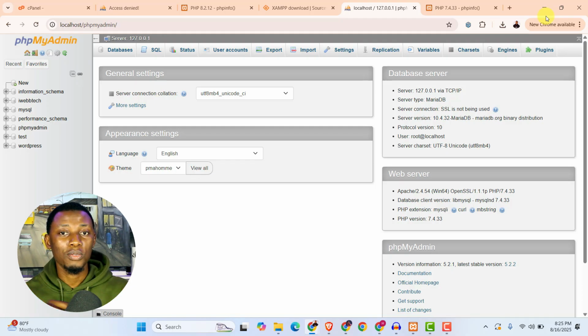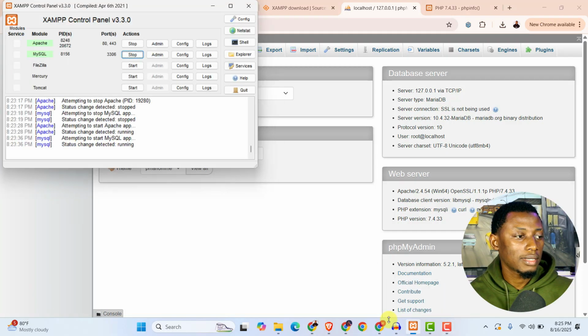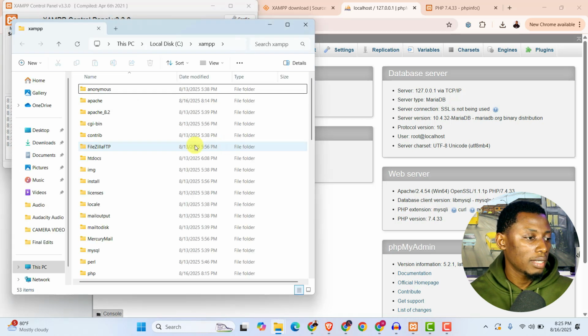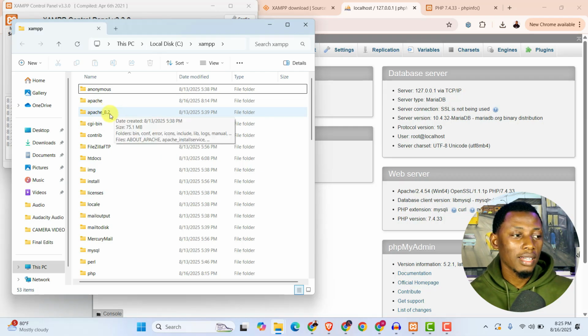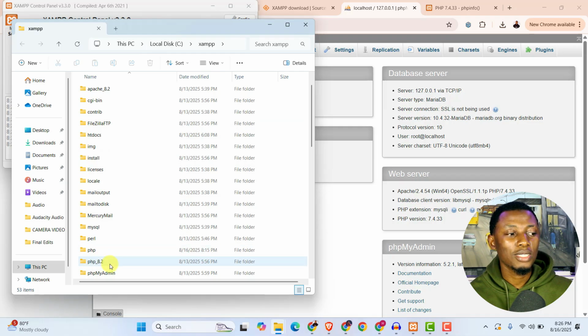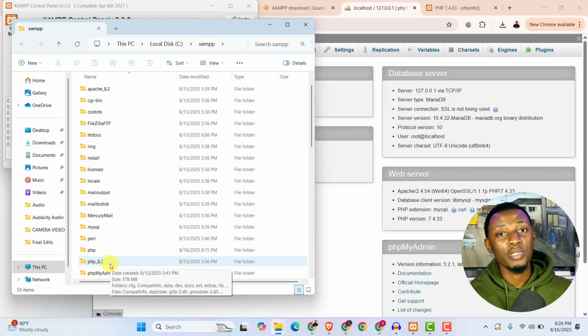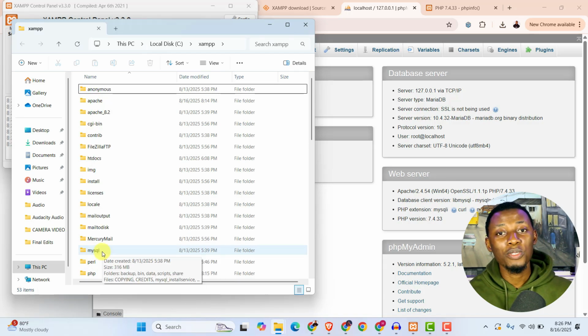Okay, let's say I still want to go back to version 8.2. I can come to my XAMPP control panel and click on Explorer, and right here you can see I have two folders called Apache, but this one has been commented out because of this underscore 8.2, so this one is not in use. And also for the PHP folders, this one right here is not in use. So anytime I want to switch back to PHP 8.2,